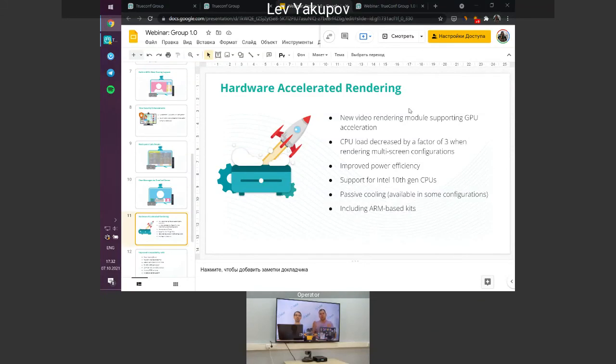The reduced load of the CPU reduced the heat output of the CPU. So the cooler, the fan inside the codec, produces less noise, and overall it is a more environmentally friendly solution. So Greta Thunberg will be happy to hear this